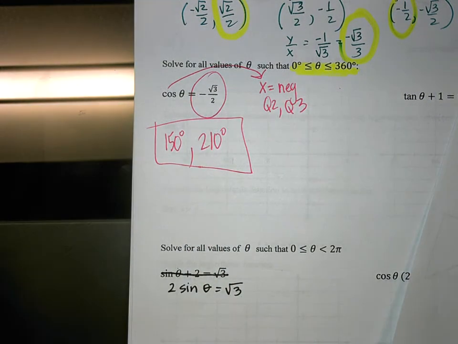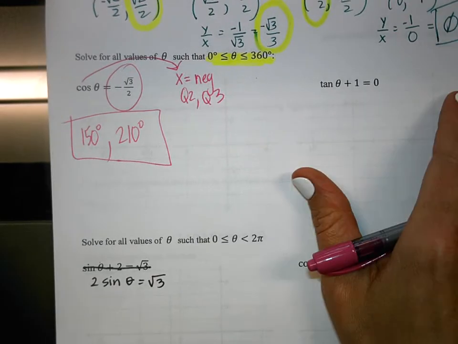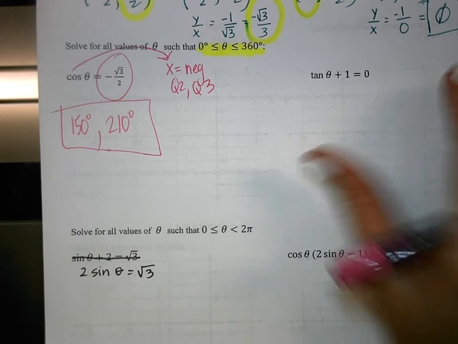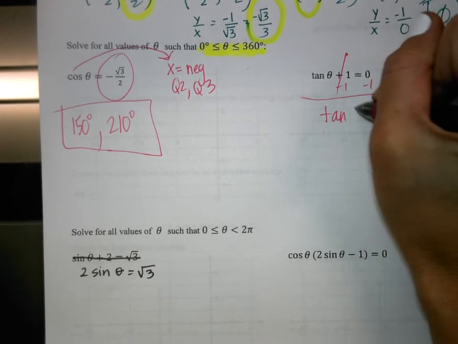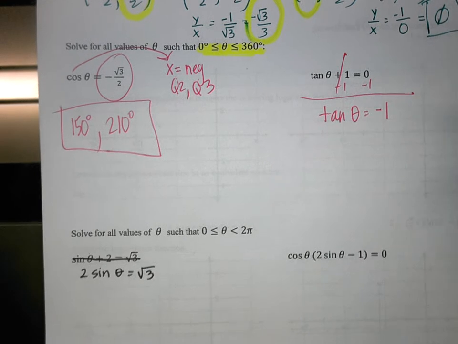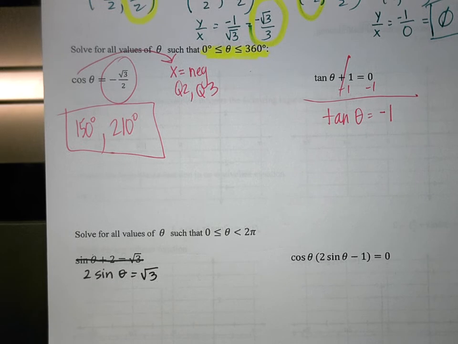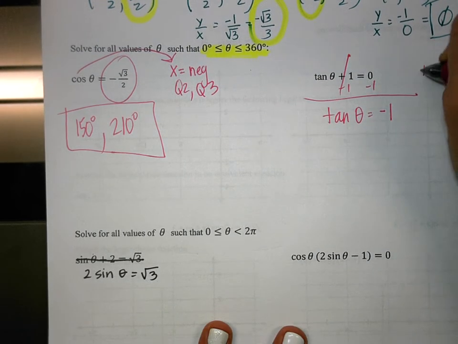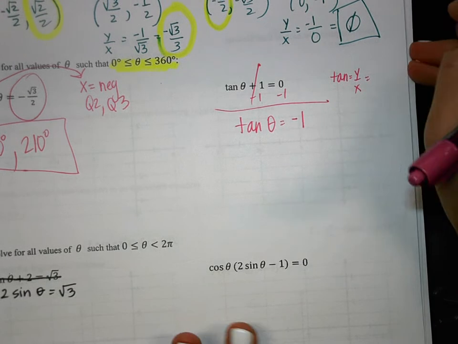Okay, moving to the right. Tangent is not by itself. What do I do to get tangent by itself? Very good. Tangent of theta equals -1. Now, where is tangent negative? Okay, so tangent we know is y over x, and tangent is negative in,